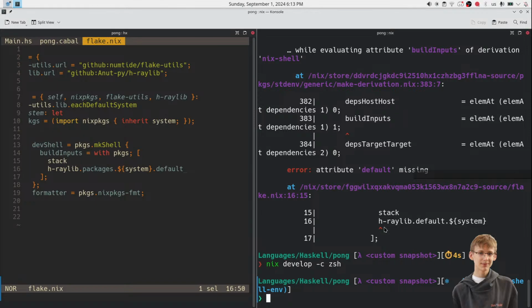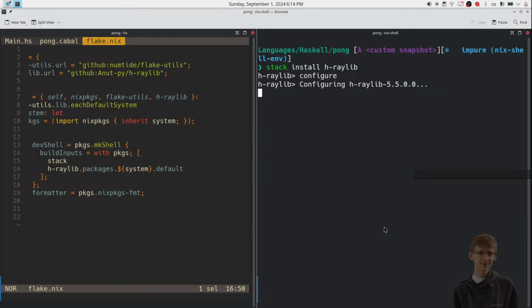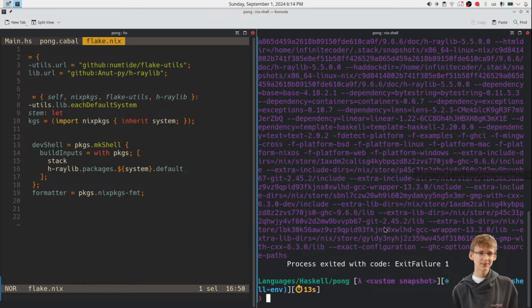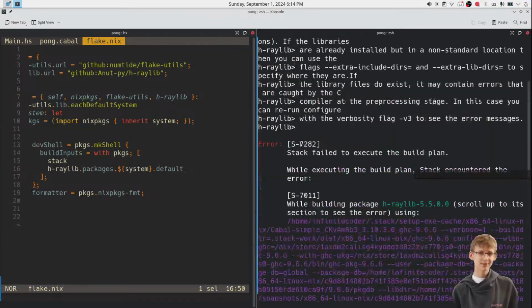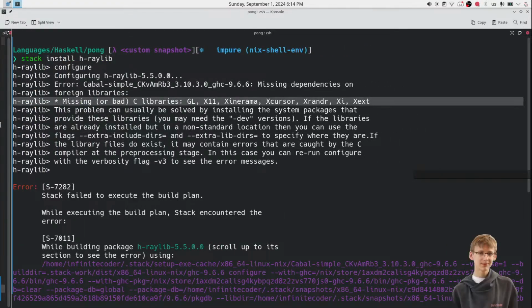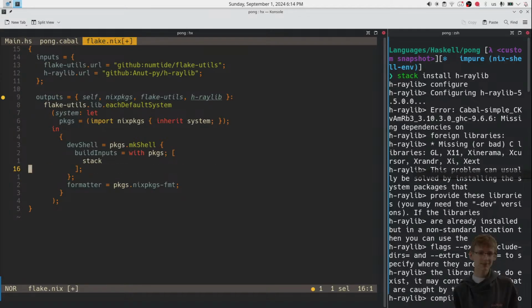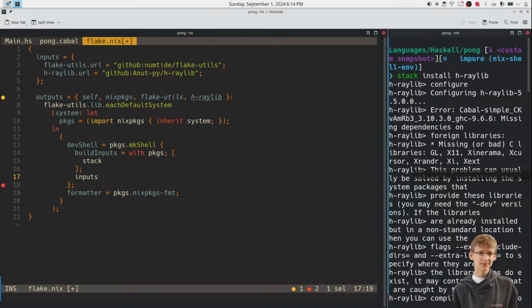Okay, let's do stack install first. Should now install. I mean, I can have a Haskell environment configured by Nix, and obviously it doesn't. Oh my god, are you kidding me? Okay, I can do a good old hack. Inputs from